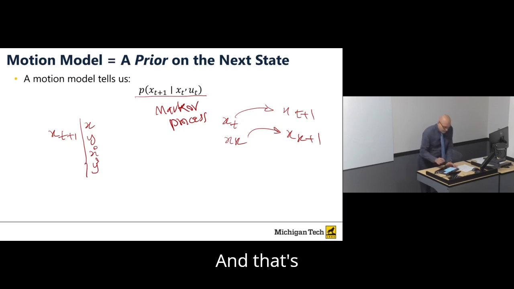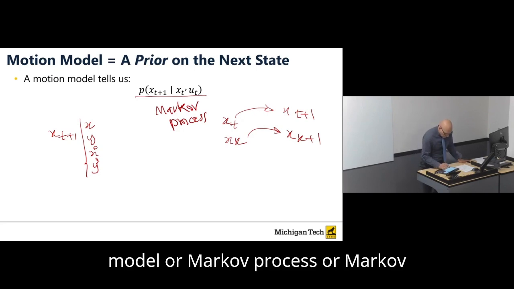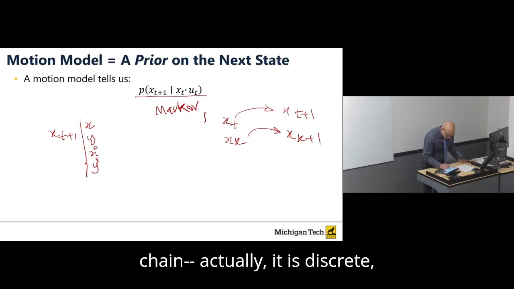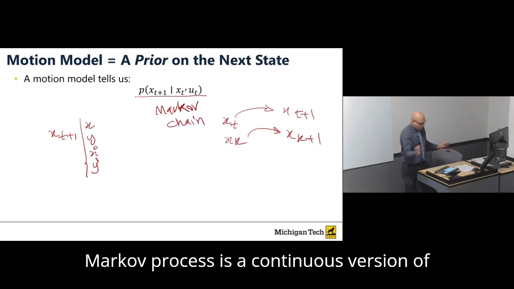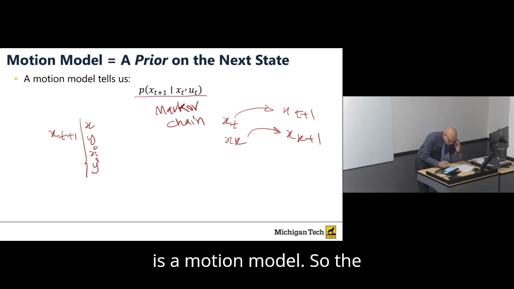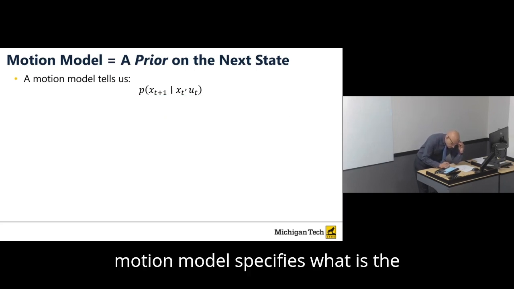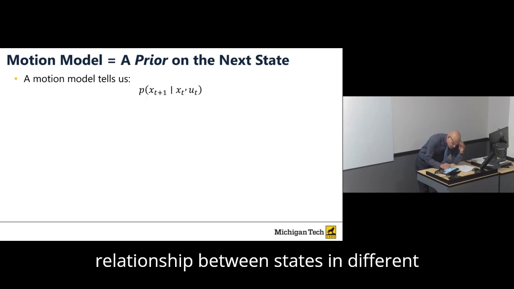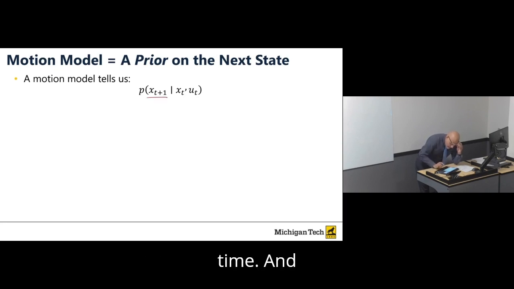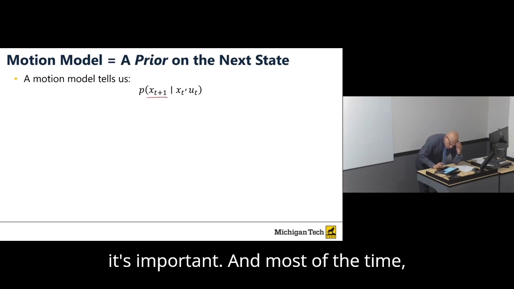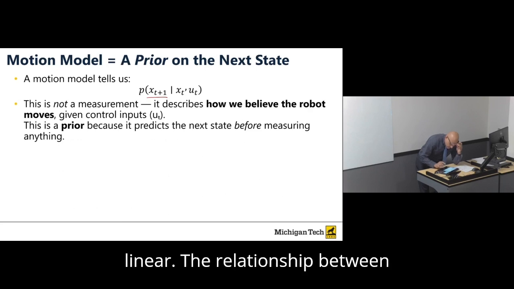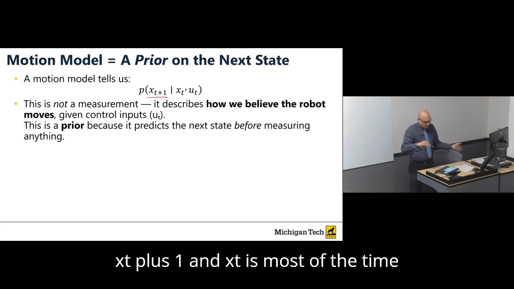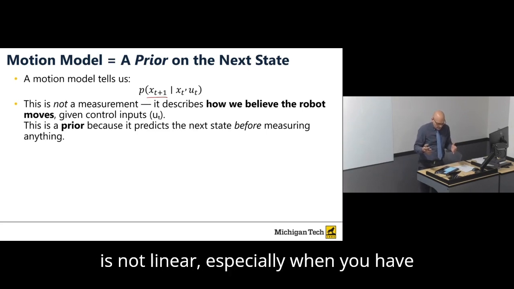Okay? And that's called a Markov model or Markov process or Markov chain. Actually, if it's discrete, it's a Markov chain. A Markov process is the continuous version of that. Anyway, this is a motion model. So the motion model specifies the relationship between states at different times. And it's important, and most of the time this relationship is not linear. The relationship between xt plus 1 and xt is most of the time not linear, especially when you have